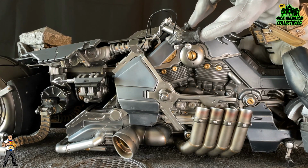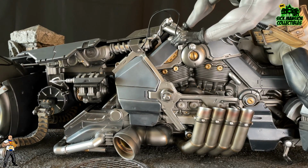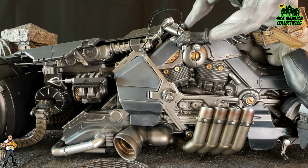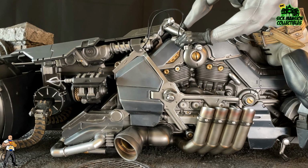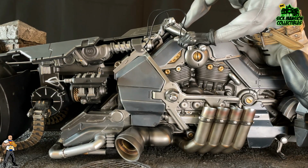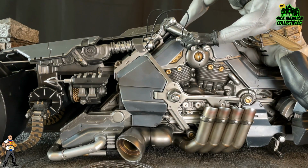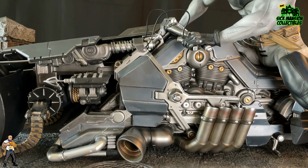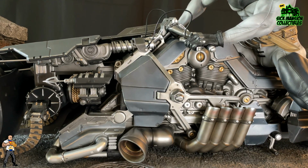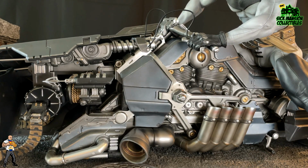You start looking at the intricacies of the bike, and you start looking at the engine, and everything is very nicely sculpted. Beautiful scope, and the detail on that is phenomenal. You're gonna go ahead and look at the exhaust pipes. The exhaust pipes just give it that look that this Batpod is just a monstrosity of a contraption. So much power behind this bike, and you look at it and you can tell this is just a powerful bike. As it keeps going around, you're gonna see this other giant exhaust in the front part of the bike,